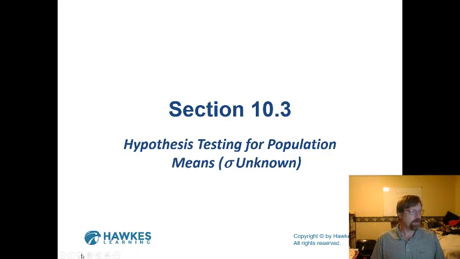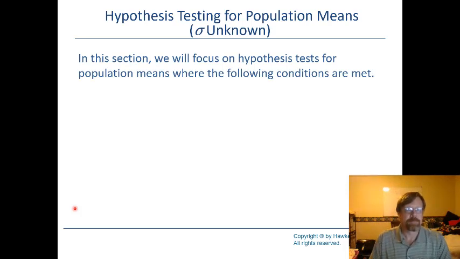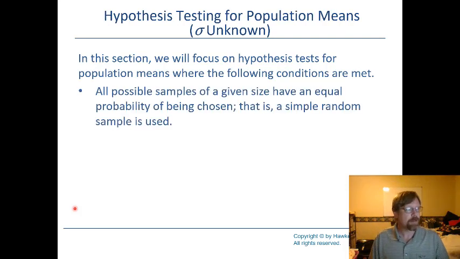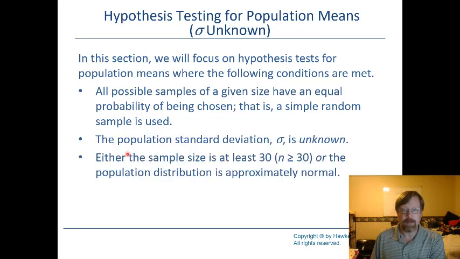Okay, we are moving on now to hypothesis testing when we don't know the population standard deviation. So for this, we're looking at a situation where the following conditions are met. We've got a simple random sample. The population standard deviation isn't known, and either the sample size is greater than 30 or the population distribution is